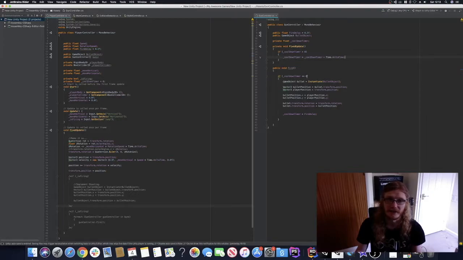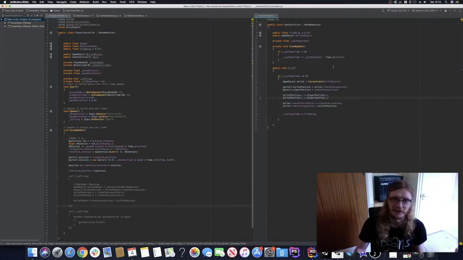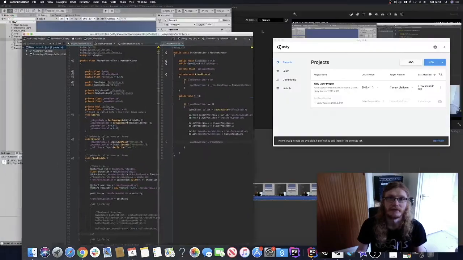So this says if the cooldown timer is less than or equal to 0, we instantiate the bullet object, set this variable to the position of the bullet, set this one to the position of the player, x and y equal x and y, and then we do something with the rotation, basically to make it point in the correct place. As you saw when I was playing there, it just always went up, which isn't exactly what we want. We want it to fire in the direction of the player. So we set its rotation, and then we set the cooldown timer to the fire delay, which stops us firing continuously. Now, if we go back to Unity,